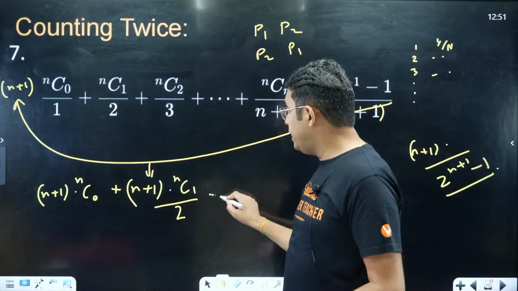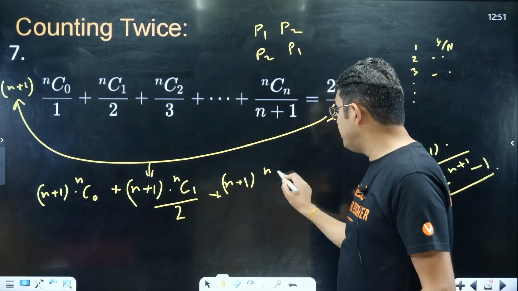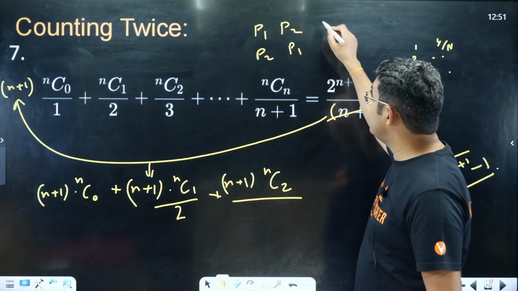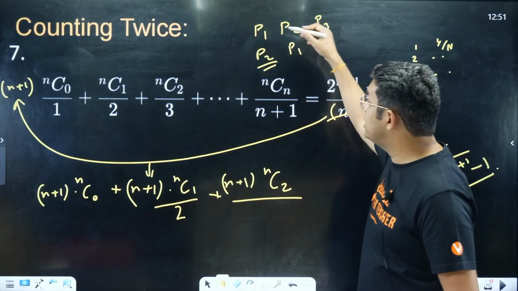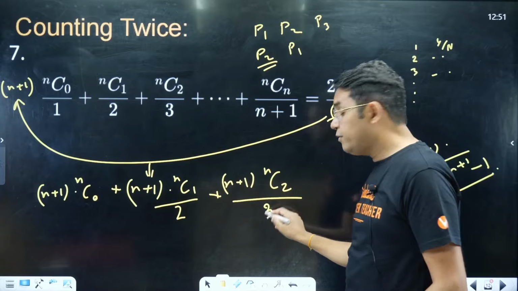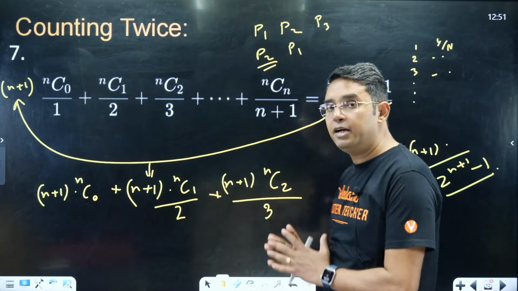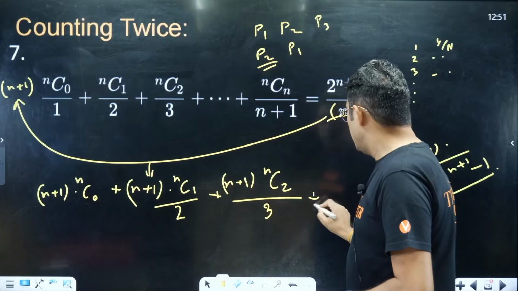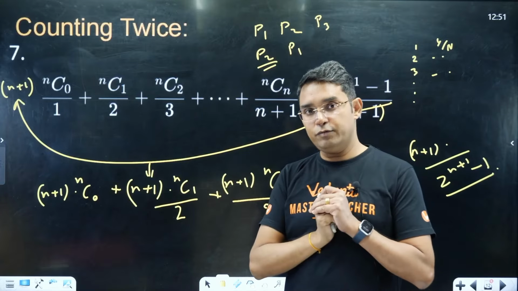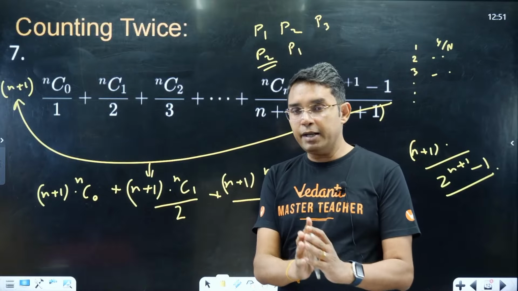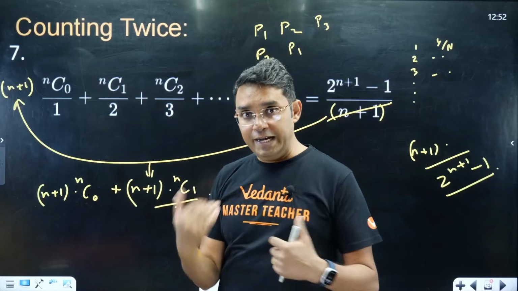Similarly, if you select 2 more persons after selection of 1, that will be nC2, but here now there are 3 people, P1, P2, P3. At first place it could have been P3 also, so there will be 3 ways to get the same thing, so that's why we are dividing it by 3. So this is how this entire thing is coming, and this will be equal to 2 power n plus 1 minus 1. Okay, I'm again repeating, if you feel that the method of integration is better for you,